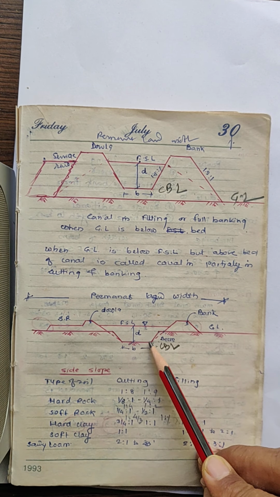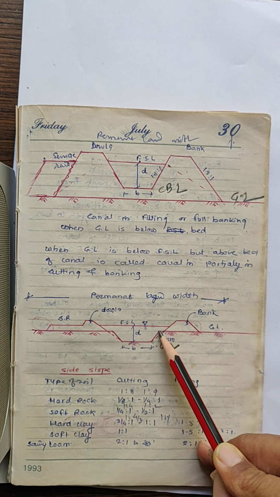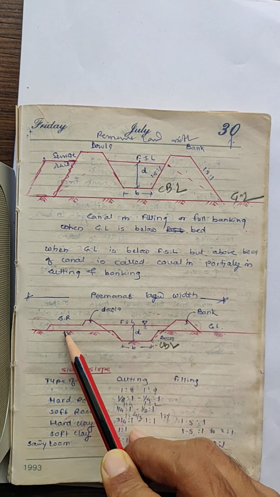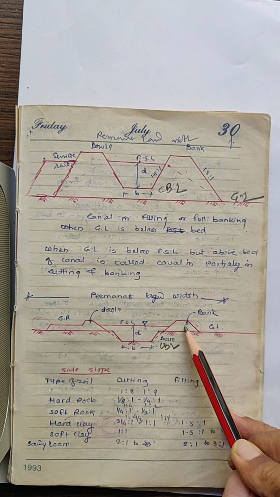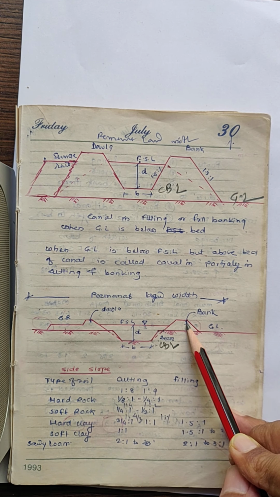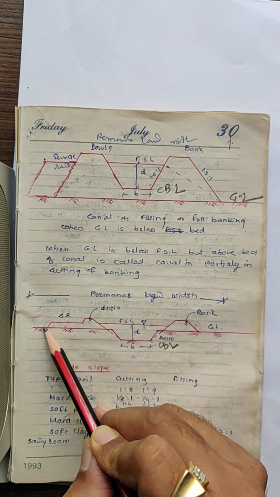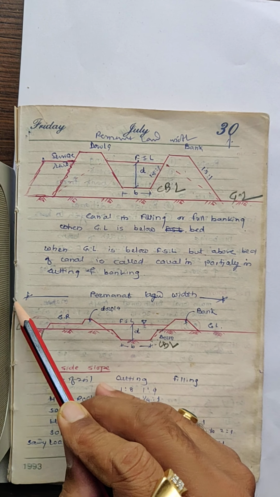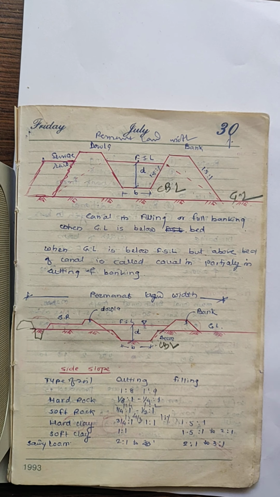Again, this section is like this. This will be just like a berm. This is a bank. This is the service road. This road may be used for an inspection path, depending on which type of canal is there. Then here there may be the drain, here there may be the spoil bank if required, and this total land which is to be acquired is known as the permanent land width.